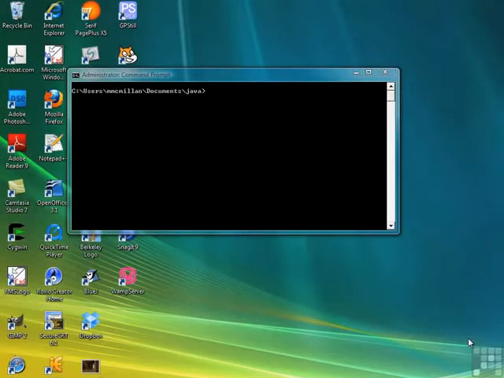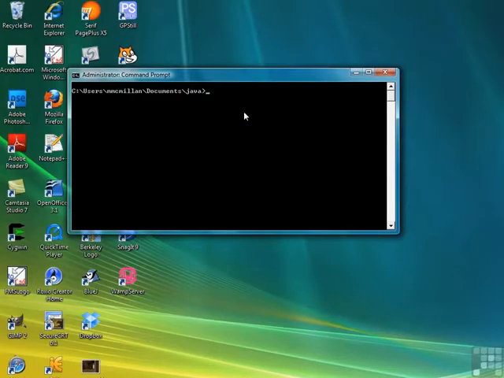The best way to talk about classes and objects is by looking at a specific example. So in this lesson, we're going to begin building a name class to keep track of a person's name, which will include the first name, the middle name, and the last name. So let's get started. Open a DOS window, navigate to your Documents Java folder, and then let's work with the